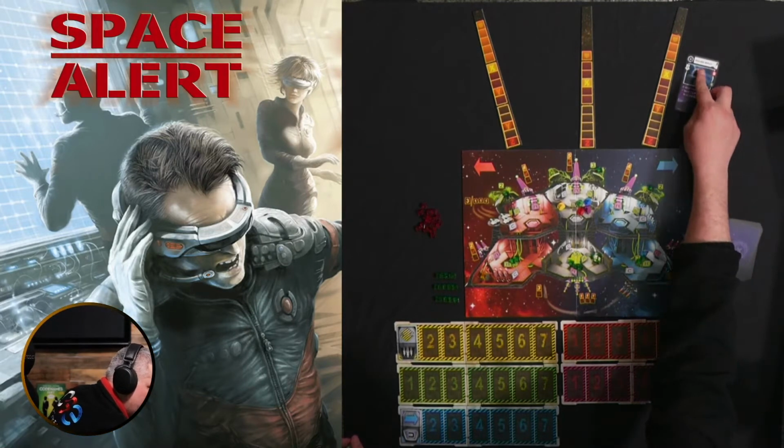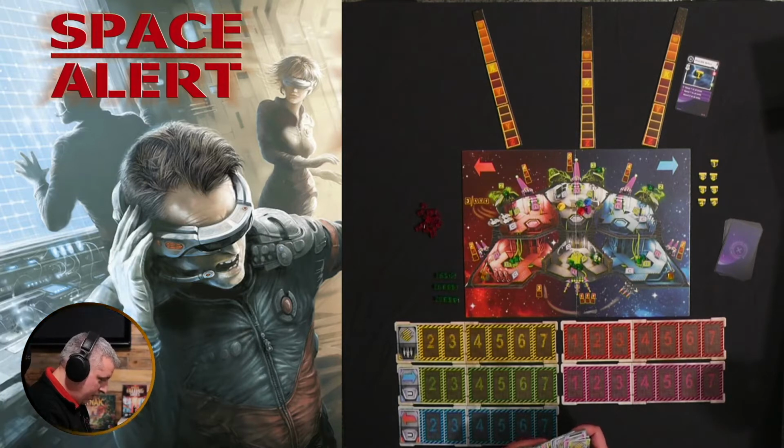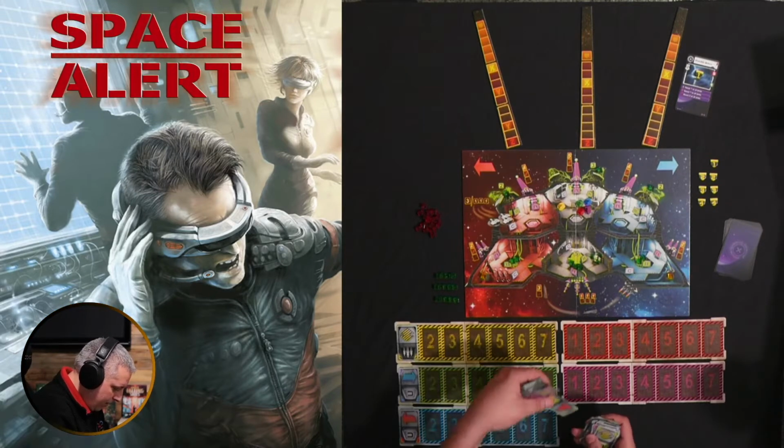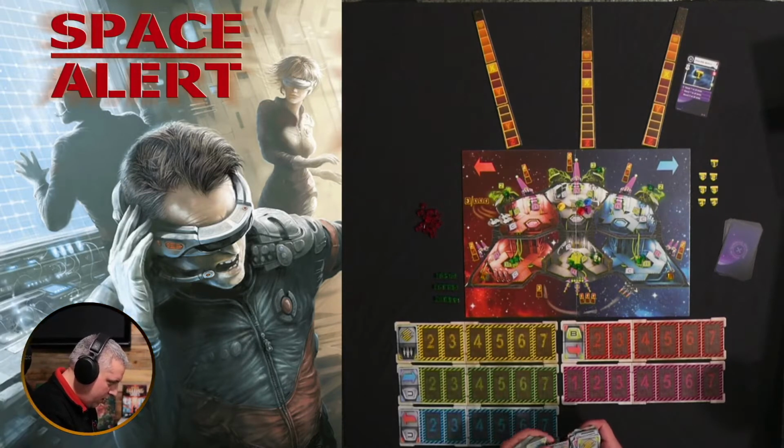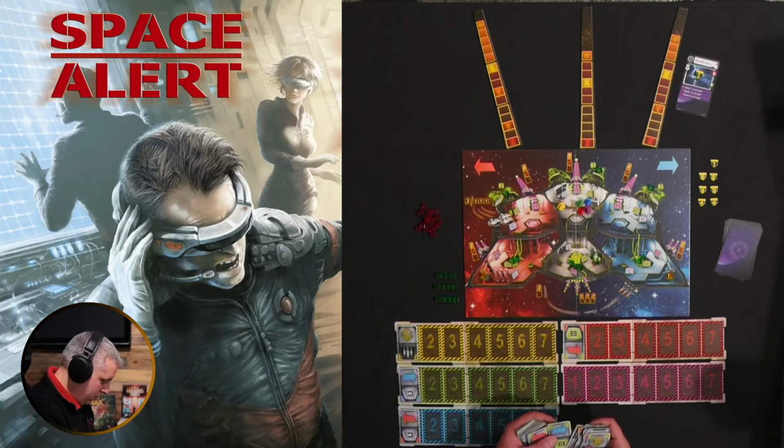Zone blue. Okay. No. Green is that one. Let's see. That way with blue. I'm going down, over. And then I'm going to have this one hit B, zone blue. So let's throw